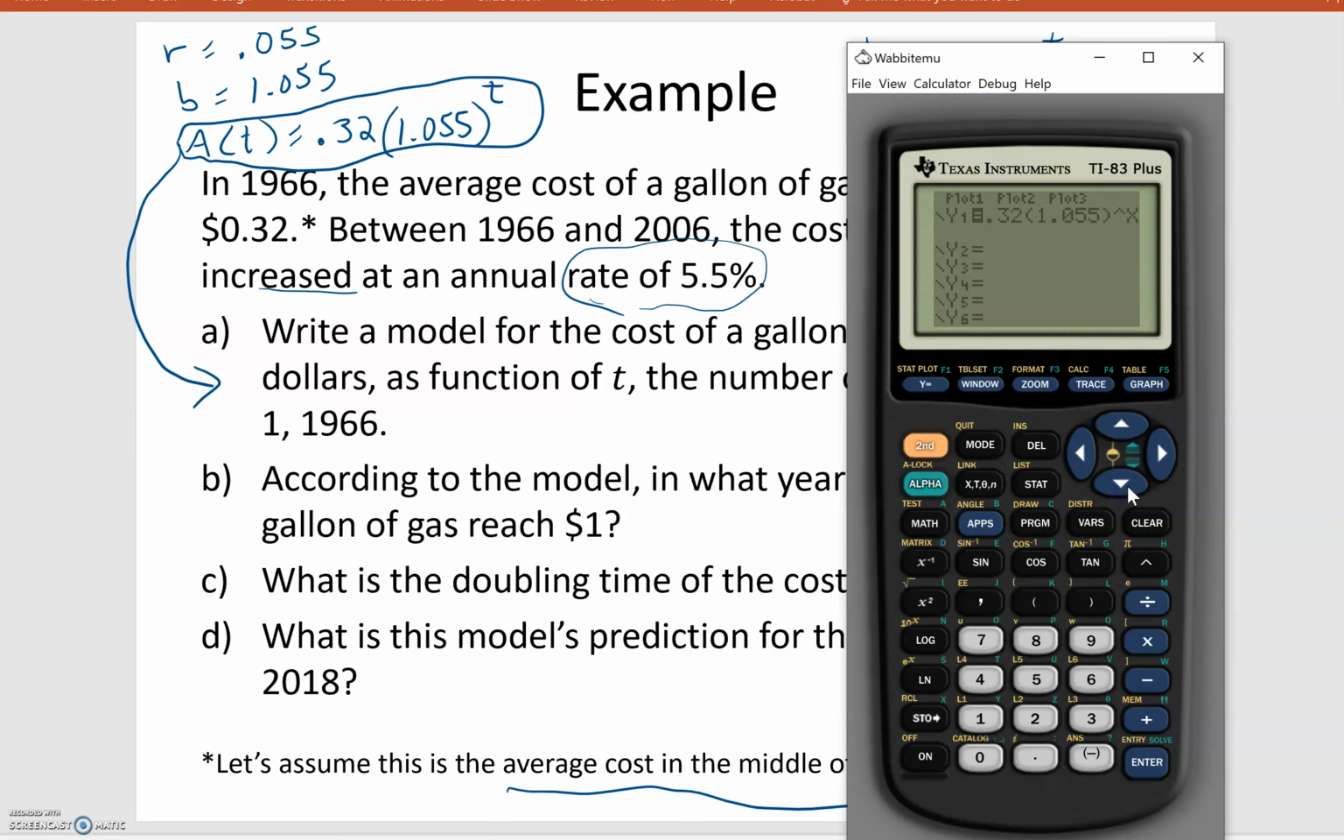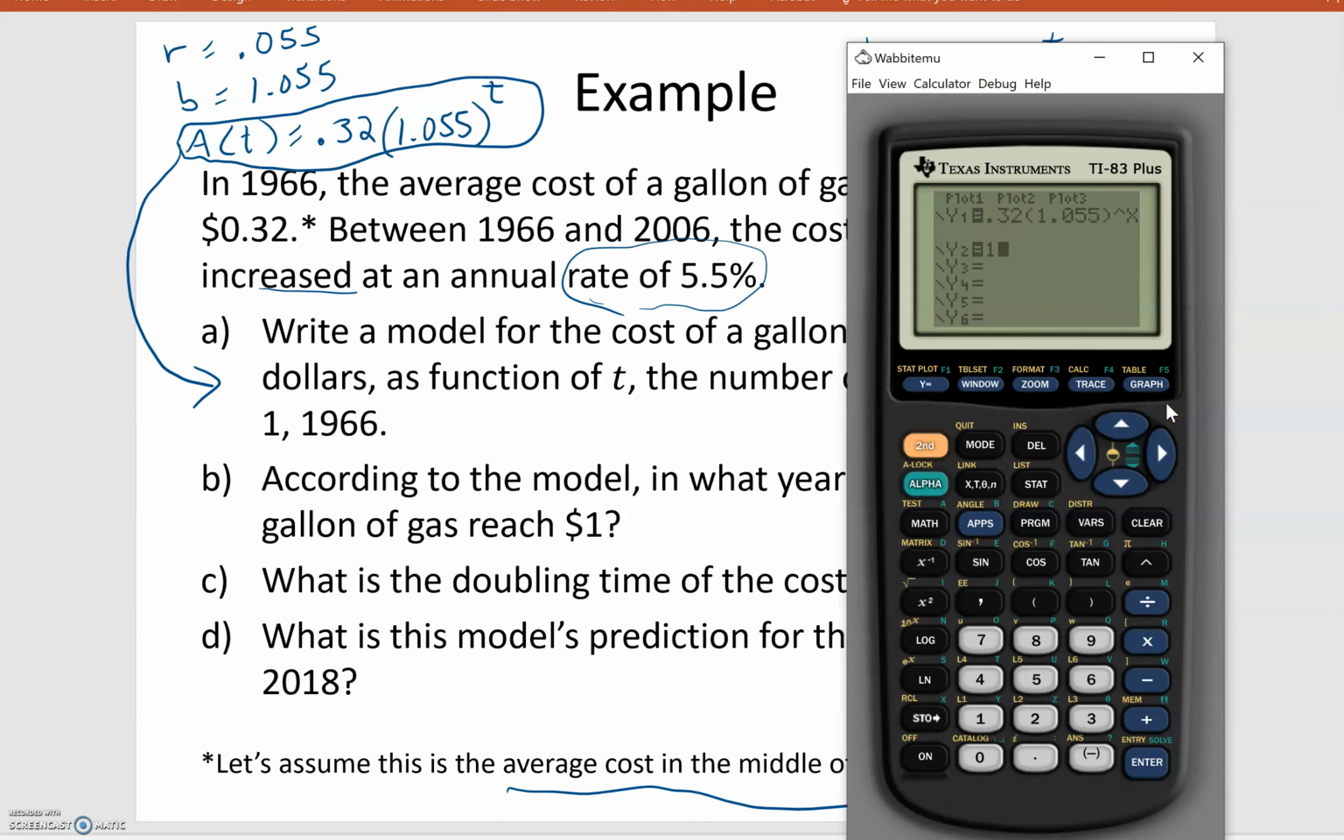and I want to know how long it takes me to get to $1, right? That's this question. According to the model, in what year will the cost of a gallon of gas reach $1? So that's a calc intersect question. Sorry, I should have explained that at the beginning, but this is following from the last video. We had talked about it a bit. So we want to find the intersection of these two